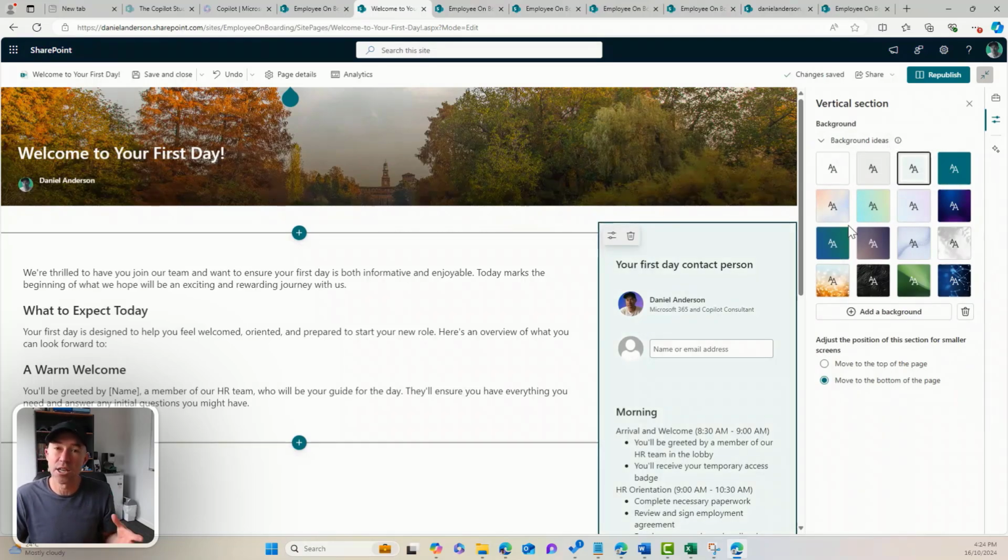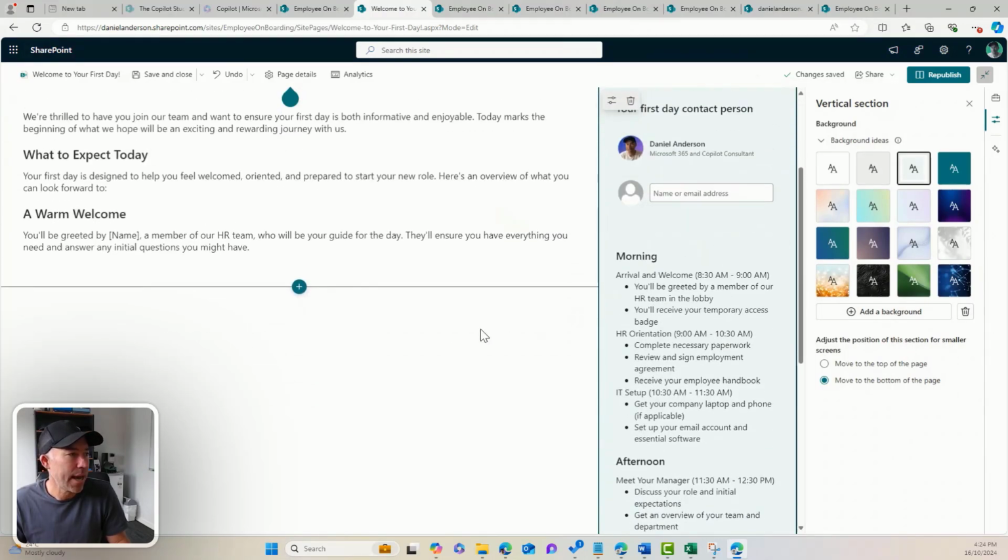So what we can do with our sections, break them up into with these section IDs or these section backgrounds. We can also, if we wanted to, add a background or upload our own background image for this section as well. All right, so we'll leave it as that for now. Now let's create and